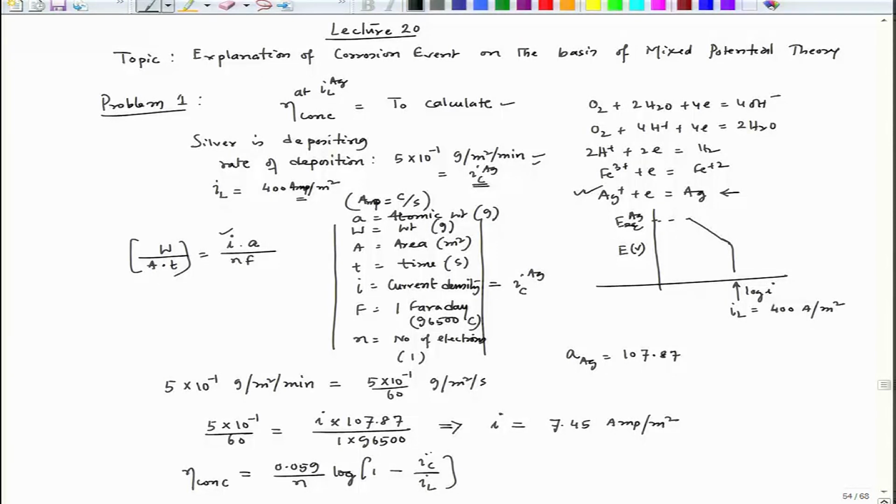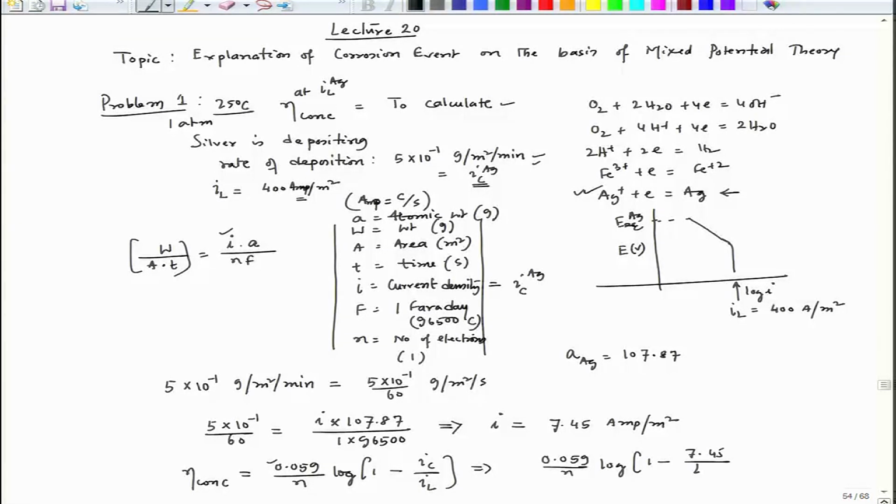Now, remember that all the calculation we will be doing at 25 degree Celsius as well as 1 atmosphere pressure. Fine. So, this is the condition. Only under that condition this value will become 0.059. So, I can calculate this value like this, 0.059 by n log 1 minus